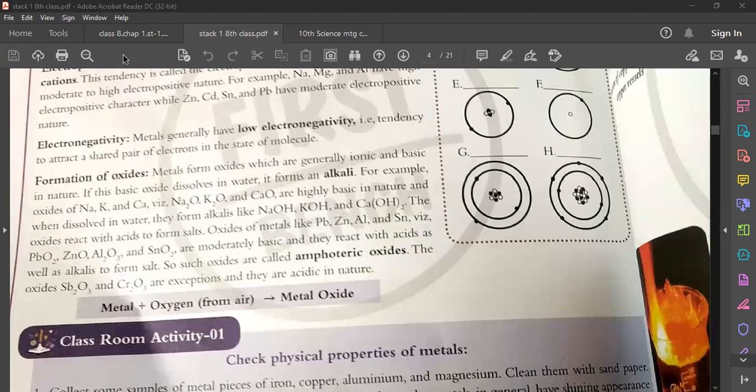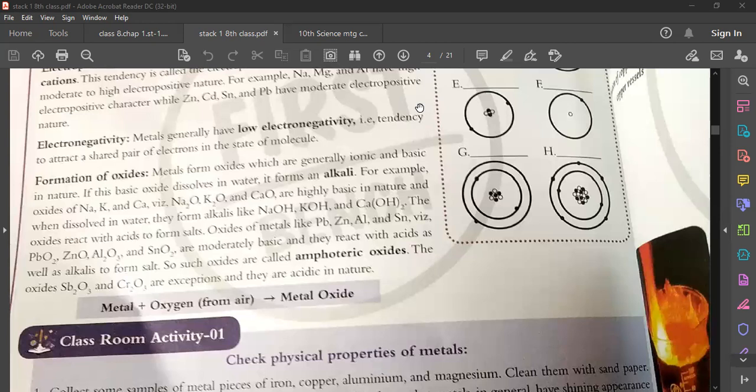Okay. Yes, sir. So the common thing among the acids is H plus ions, and the common thing among the bases is OH minus ions. So, formation of oxide. Whenever the metal reacts with the oxygen present in the air, it will form metal oxides. So metal oxides are basic in nature. What is the nature? Basic. Okay. Now clear up to this.